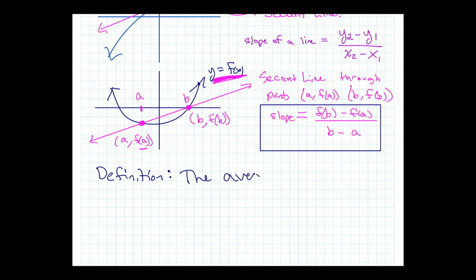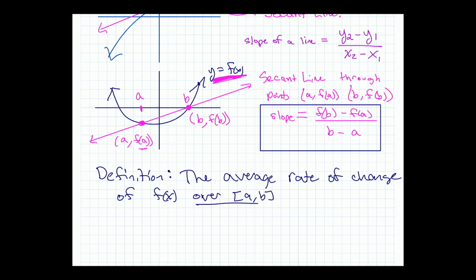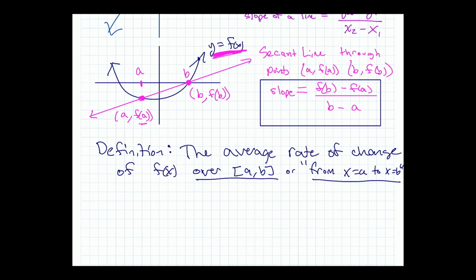The average rate of change of f of x over a to b. You can say over a to b, or you can say from x equals a to x equals b. Both of those are okay ways to say that. So the average rate of change of f of x over a to b, or from x equals a to x equals b, is given by